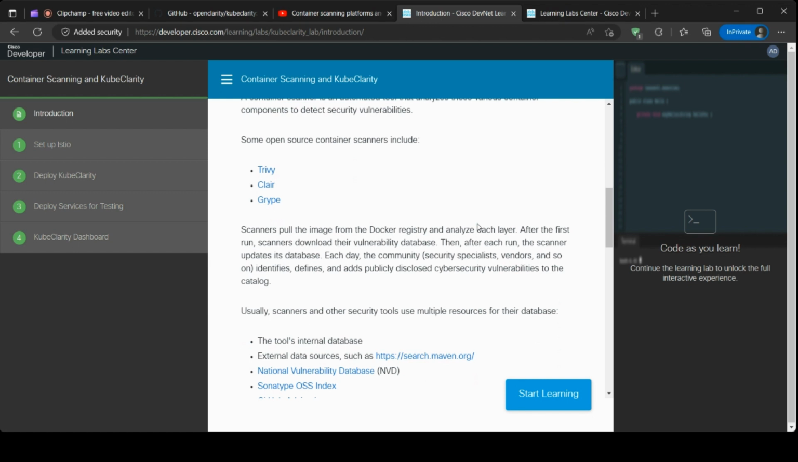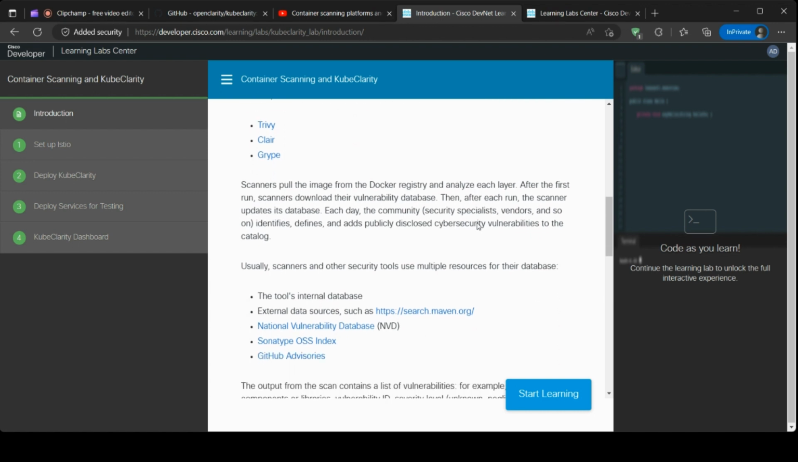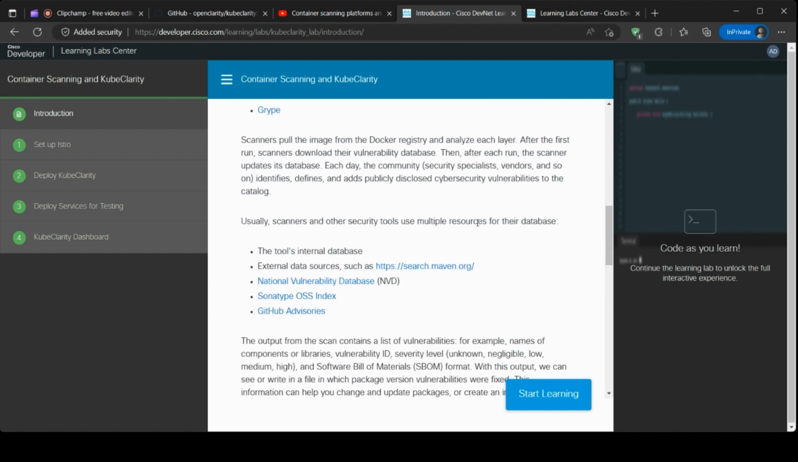Some open source container scanners include Trivy, Clair, Grype. Scanners pull the image from the Docker registry and analyze each layer. After the first run, scanners download their vulnerability database. Then, after each run, the scanner updates its database. Each day, the community, consisting of security specialists, vendors, and so on, identifies, defines, and adds publicly disclosed cybersecurity vulnerabilities